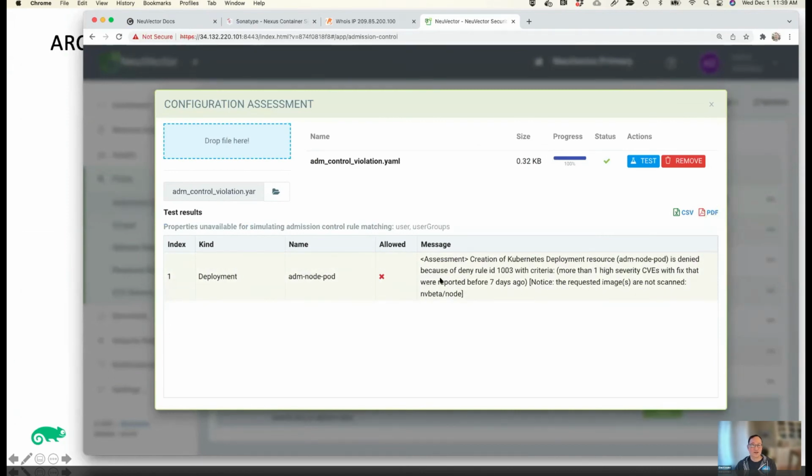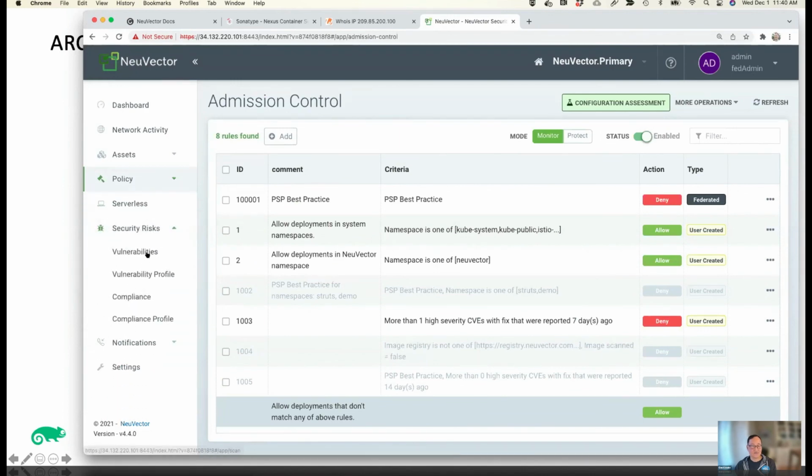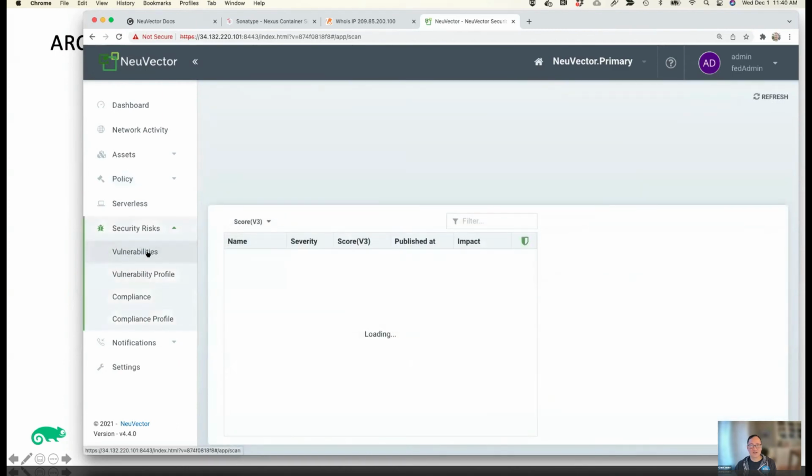So this is a great way for in the pipeline to continuously audit the deployment YAMLs and flag any that are not going to meet your security policies. Send them back so that when they are attempted to be deployed, they're not going to generate admission control rules in your production environment.